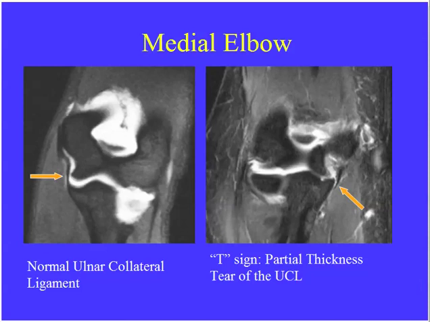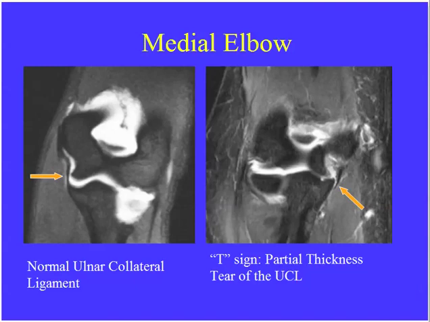The medial elbow can be a little more tricky. The ulnar collateral ligament has a little bit of a more curvy S-shaped appearance to it. It arises up here approximately on the medial epicondyle, comes down, and then inserts very tightly onto the sublime tubercle of the proximal ulna. There should be a very tight junction here. No fluid whatsoever should come between the ulnar collateral ligament and the ulna. If we see any fluid coming between it, as we see here, this represents a partial thickness tear of the